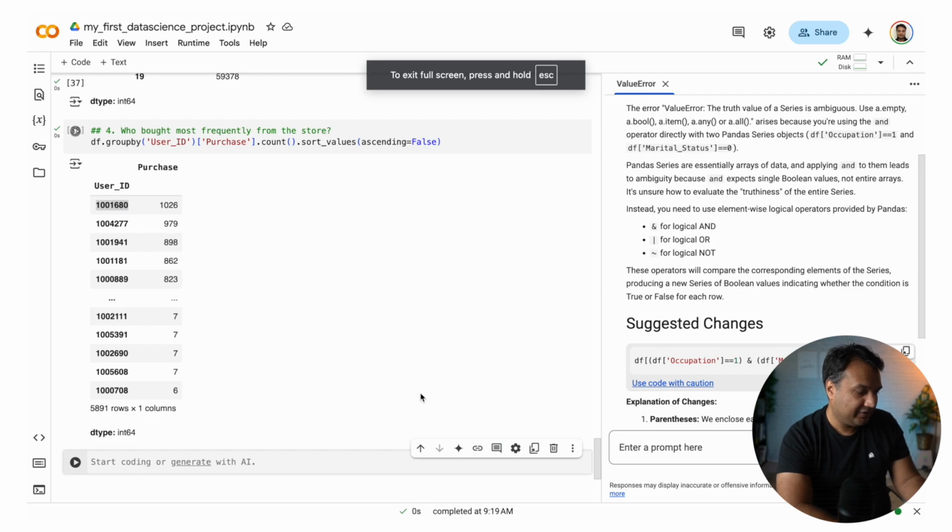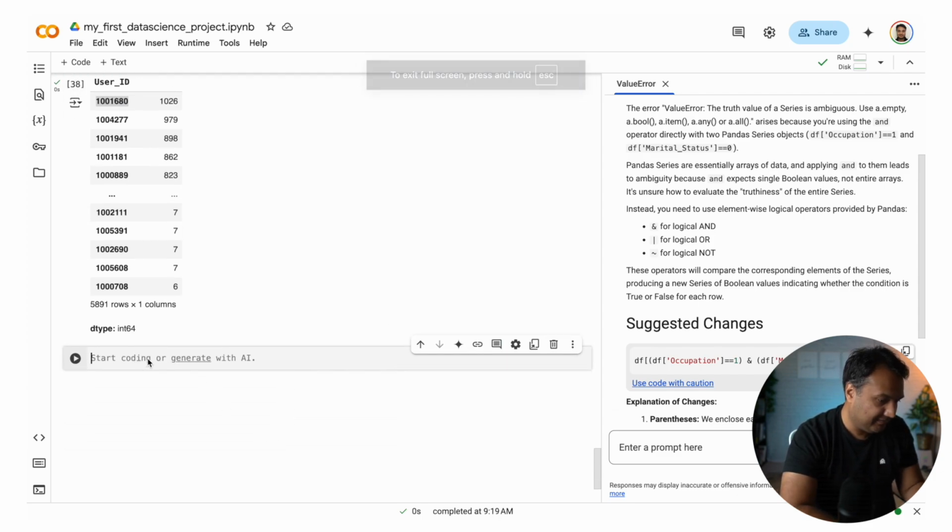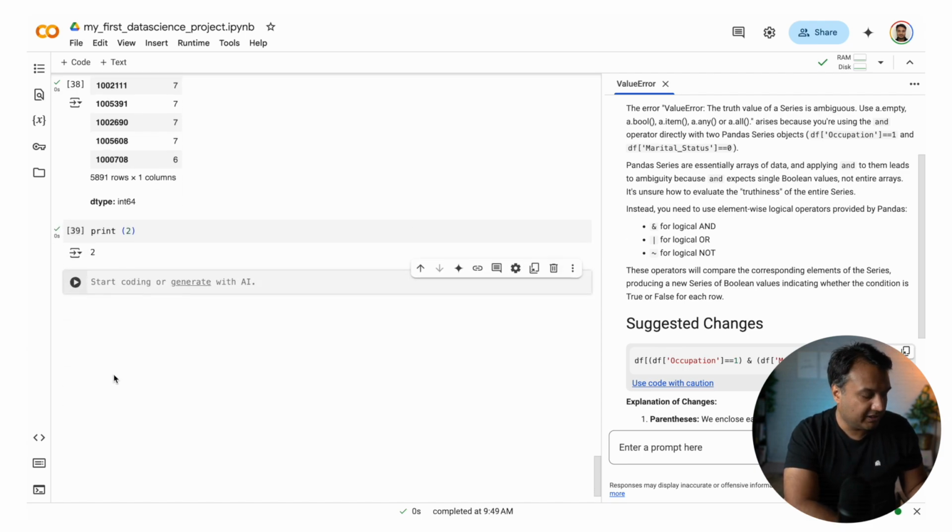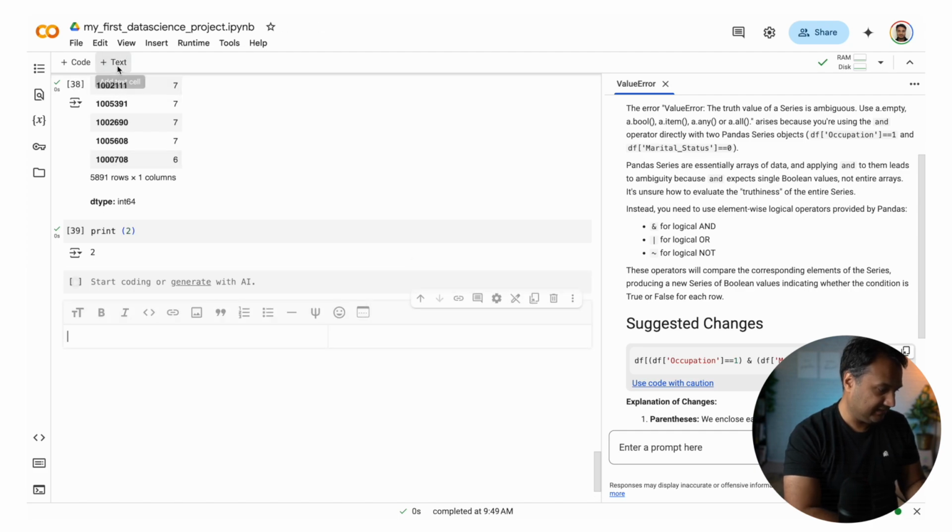Okay, so we are back to our Google Colab. Just let me make sure that the session is still working. So this means that this is working, but let me just quickly print 2. Okay, it is working. Awesome. So now the first thing before I feed the data into my linear regression is I have to do a couple of things. First thing is, let me write it here. Let me actually write a text cell.